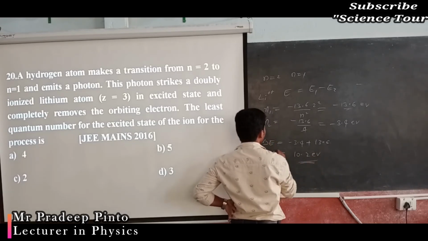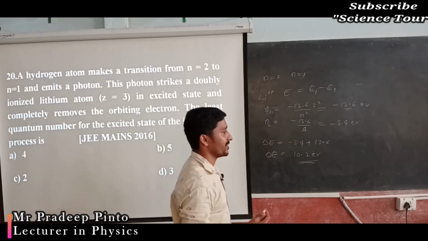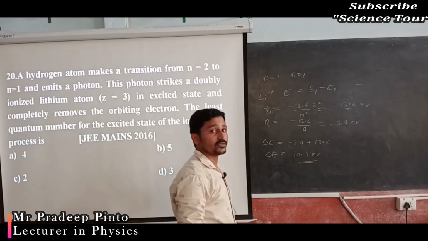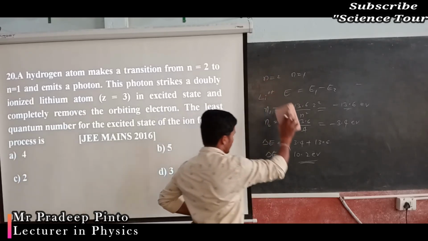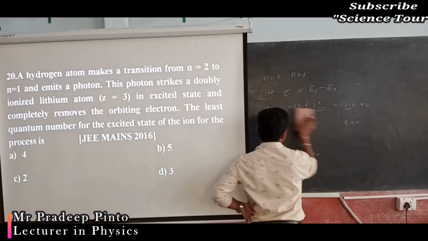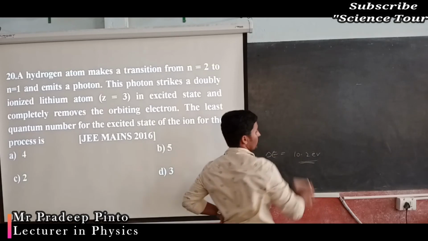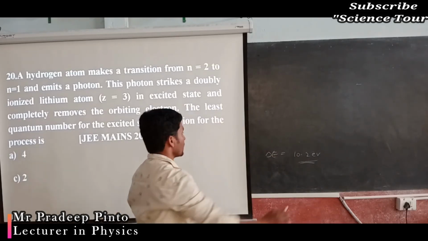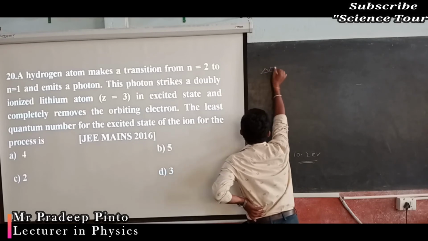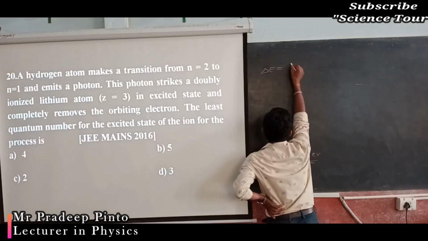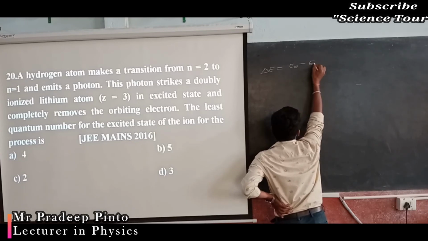Okay, that is the energy of that photon. Now this amount of energy will come and hit the lithium and it will eject the electron from that. Okay, now this one is not needed. Now you will remember this. Same formula for the lithium now. For the lithium, same formula, n you have to find out, means delta E is equal to how much? E infinity minus E in the some state.